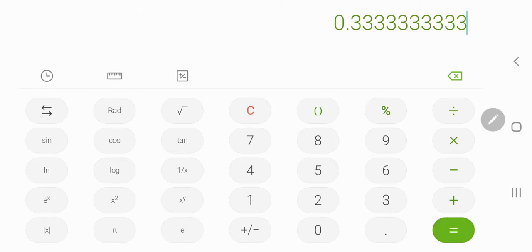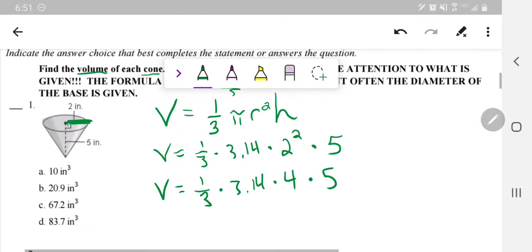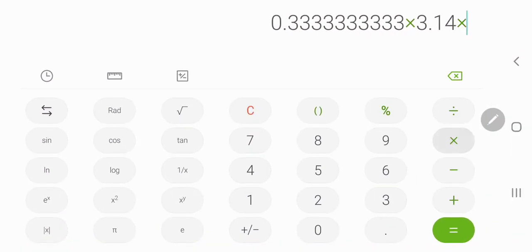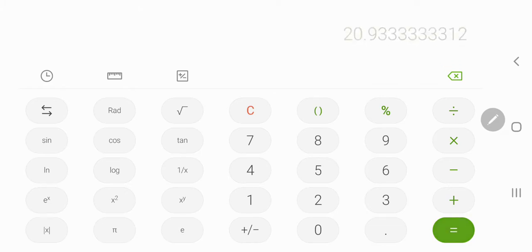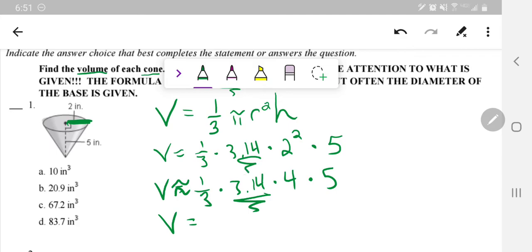And there, we get that. Okay, and then multiply it by 3.14, and I forget what I was supposed to do next, times 4 times 5, which is the same thing as times 20. So we get our answer there, 20.933333333, and let's see, what is that? 20.9. So volume equals, I should have said approximately because I used an approximation for pi. As soon as I do that, I need to change my symbol over. So that comes to